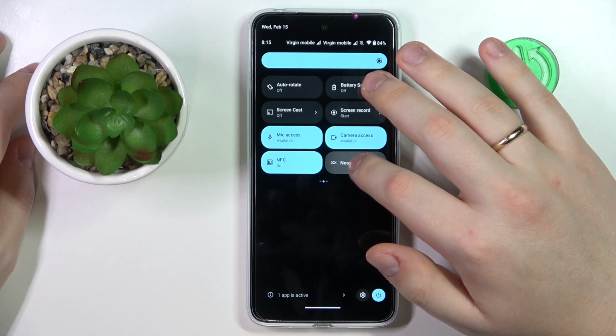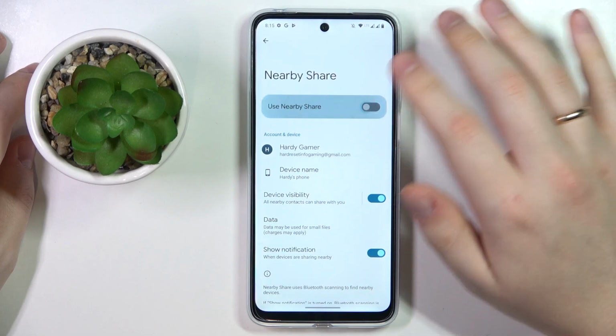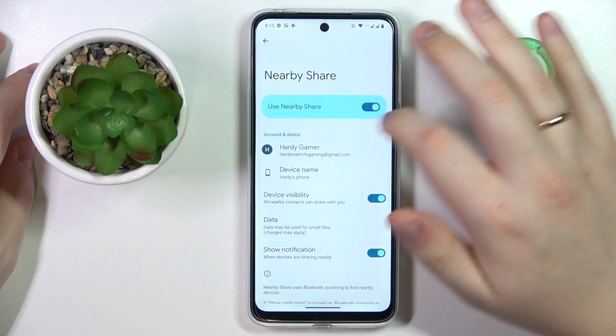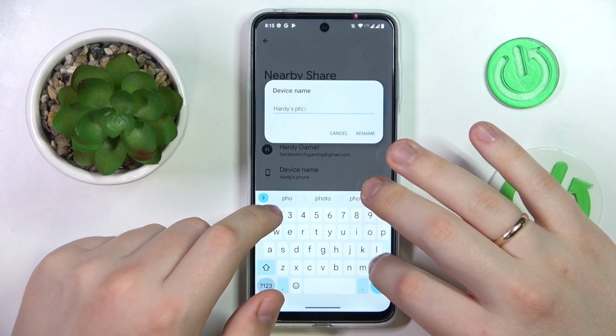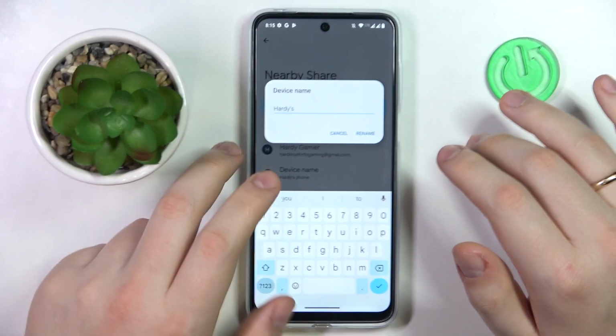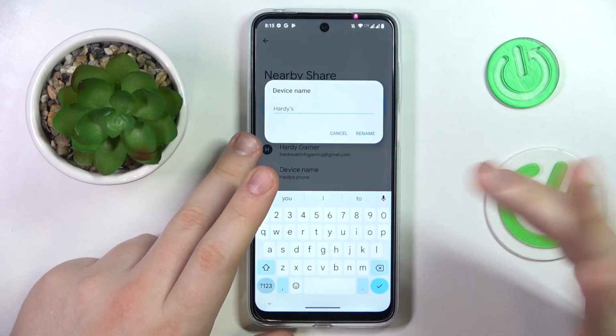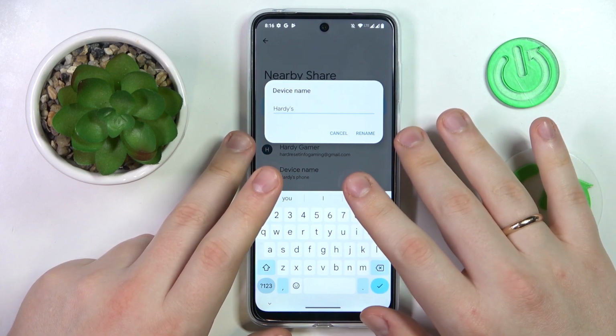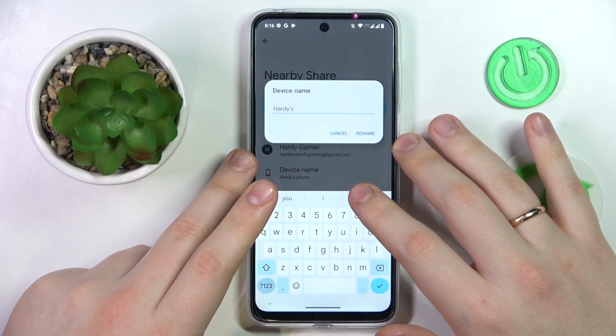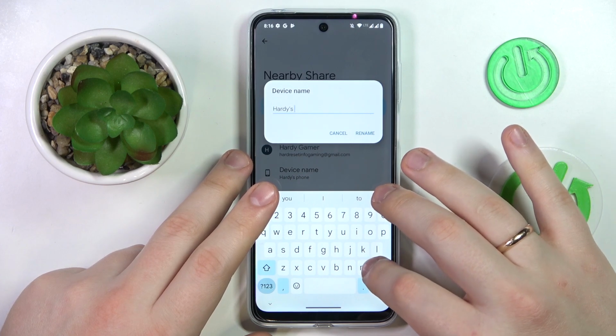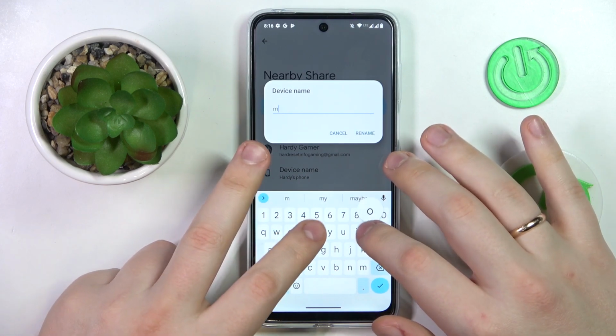Finally, here I have it, so touch and hold on this tile. In order to turn it on, enable this toggle. From here you can rename the device, the alias or nickname that it will be discoverable under for all other users in the same network. So I'll set the custom name and let it simply be Moto